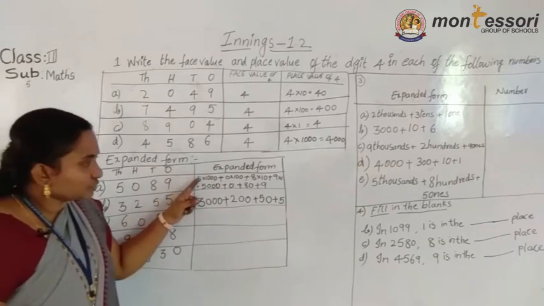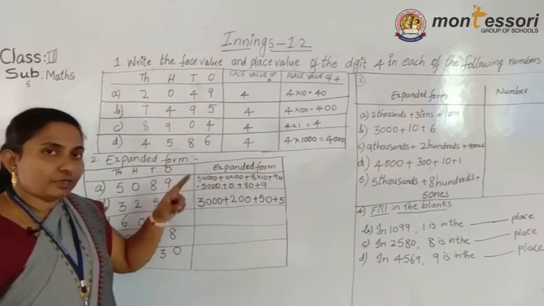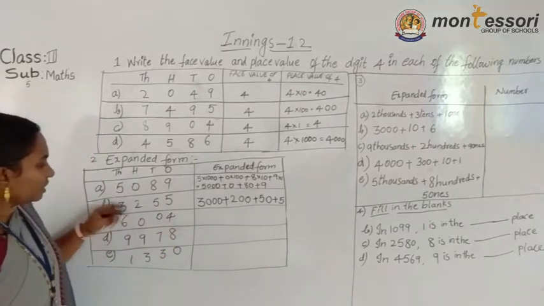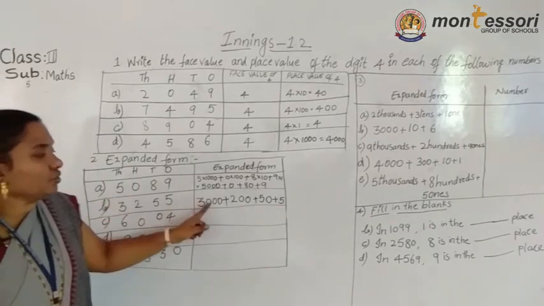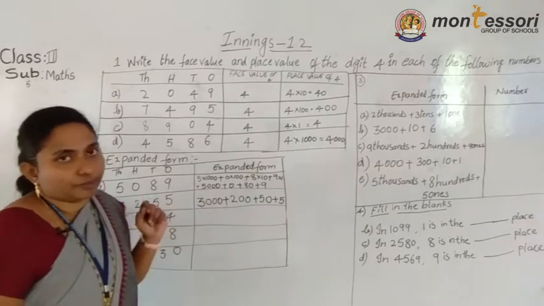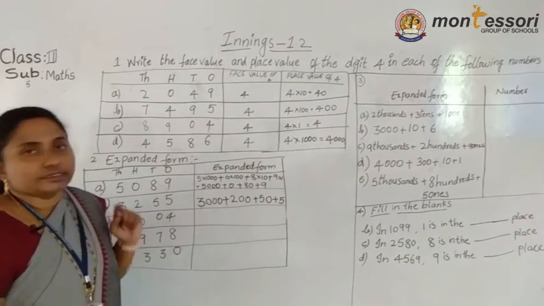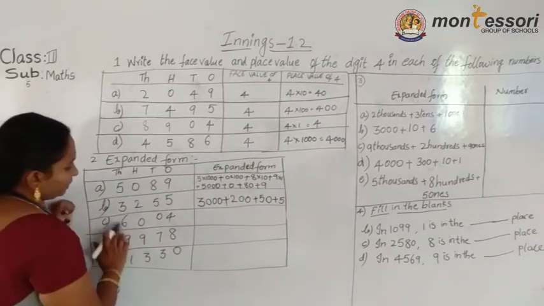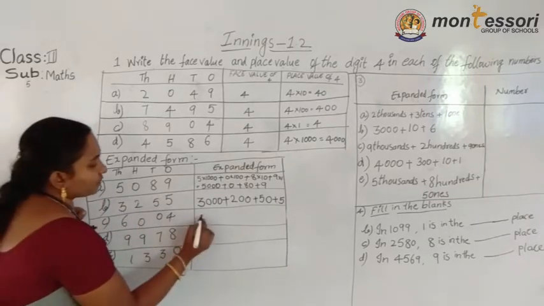Like this you are writing also, no problem, and 5 into 1000 directly we are writing also, no problem. First we are taking one number, and then after it, count how many numbers are there and put your zeros also, no problem. But I want the correct answer. Okay, understood? So now here 6. First we are writing 6.